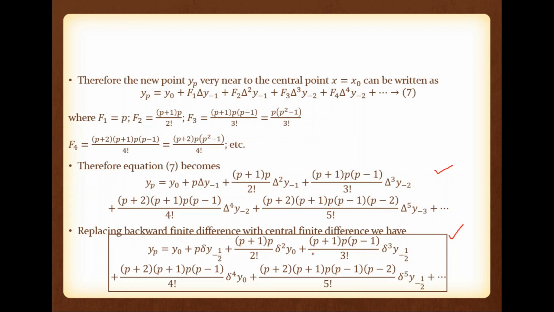Now what is the next element we have to add? This is Gauss backward central difference. So next one we have to add p plus 3. So corresponding to theta raised to 6, we have p plus 3 into p plus 2 into p plus 1 into p minus 1 into p minus 2 divided by 6 factorial into theta raised to 6 y0. That is the next element, like that way it will go. Okay. So this is Gauss backward central difference extrapolation.